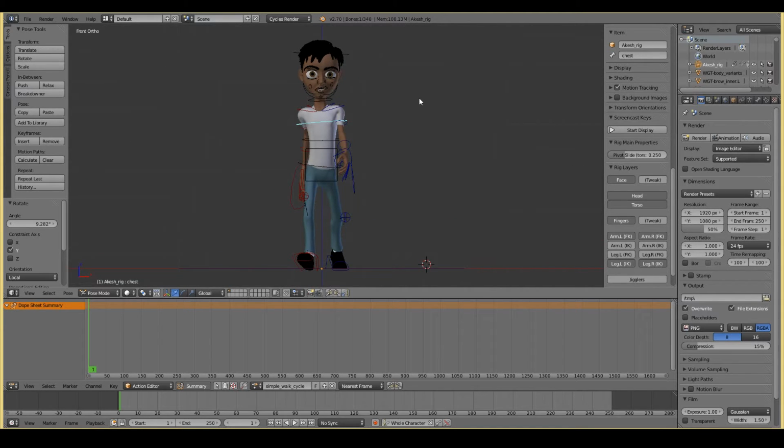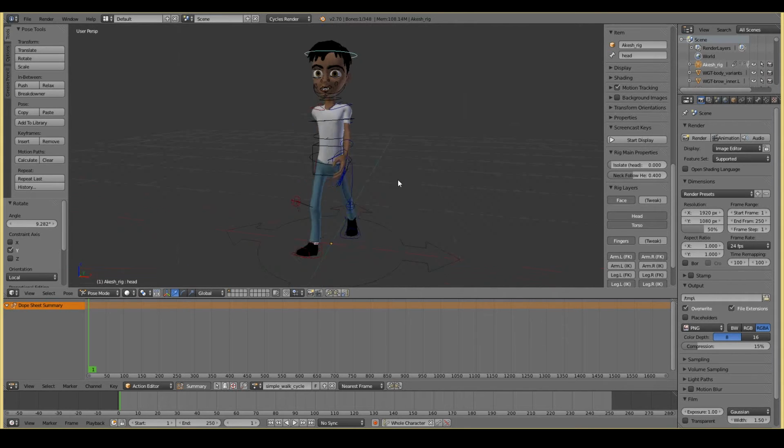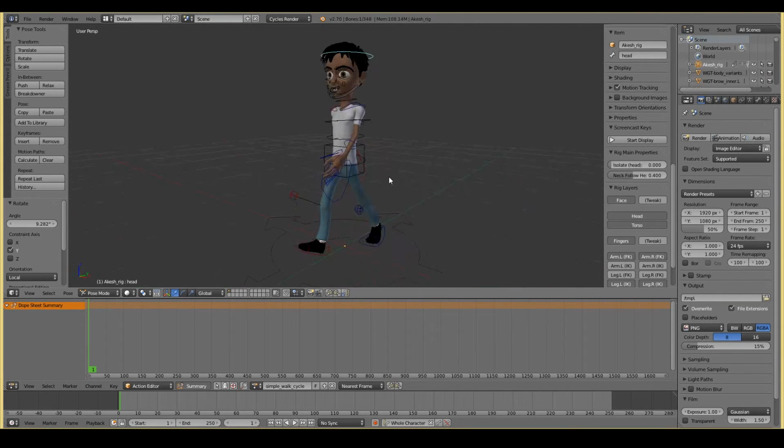So keep it opposite. And if you want an exaggerated effect, you can go a little bit further like that. When you do the animation, his head will bob around, so that might be a nice cartoony effect. So that's our contact pose.